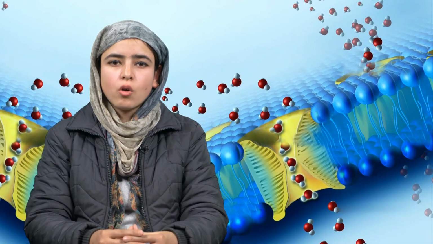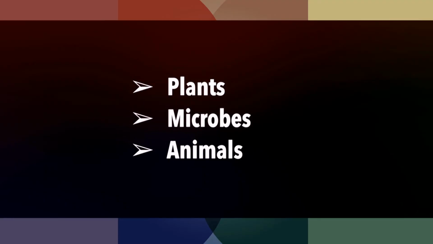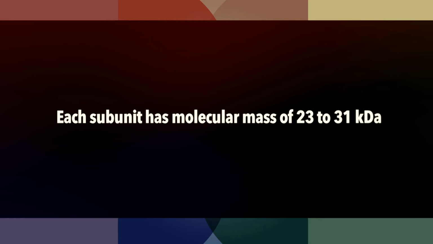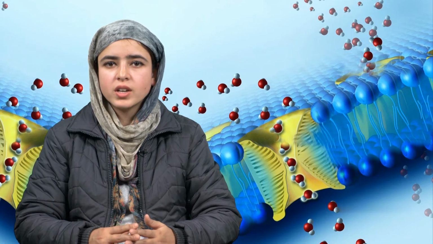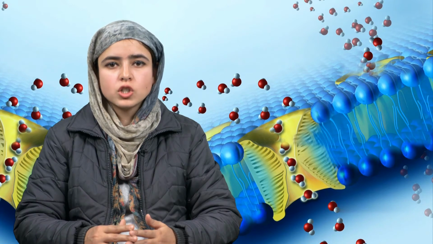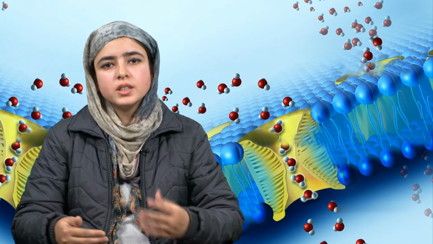The structure of aquaporins is highly conserved in plants, microbes, and animals. 4 subunits associate to form a single plant aquaporin, that is a tetramer. Each subunit has a molecular mass of 23 to 31 kilodaltons and spans the membrane with 6 alpha helices joined by 5 intervening loops. In contrast to the beta-pleated sheet structure of porins, these protein subunits fold within the membrane